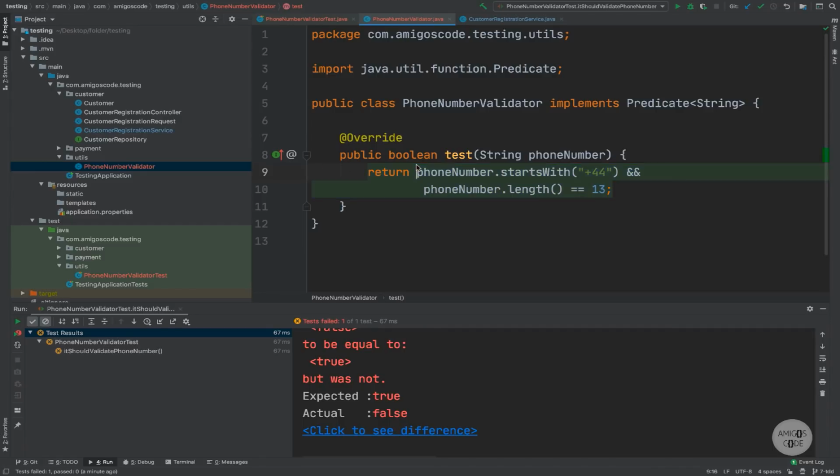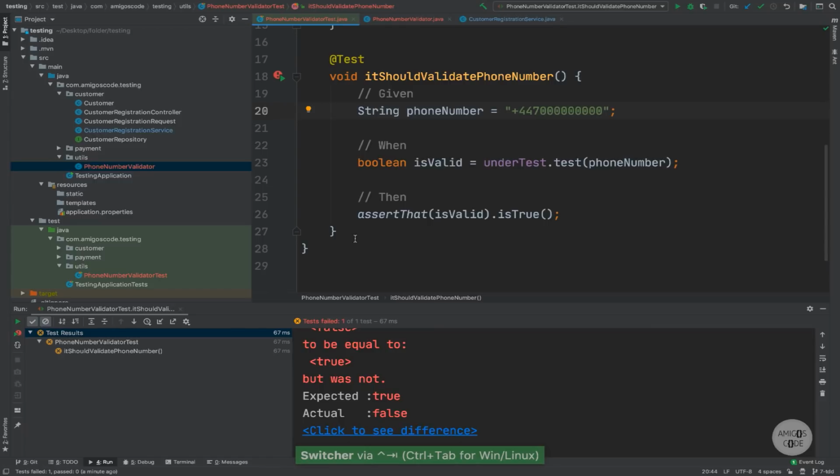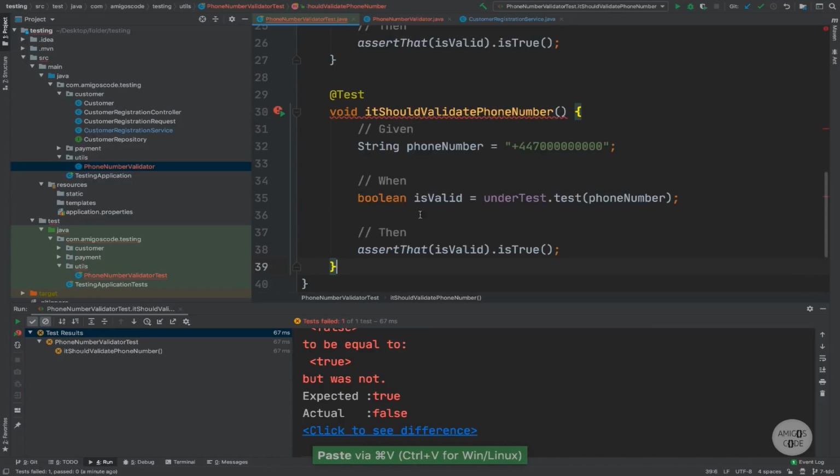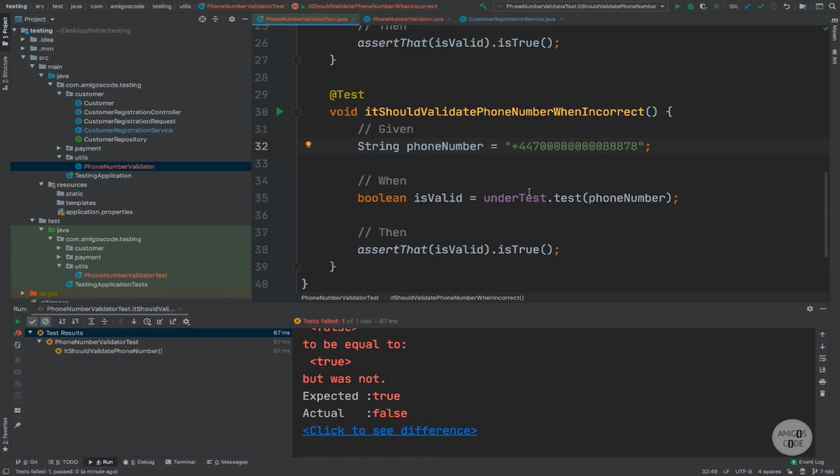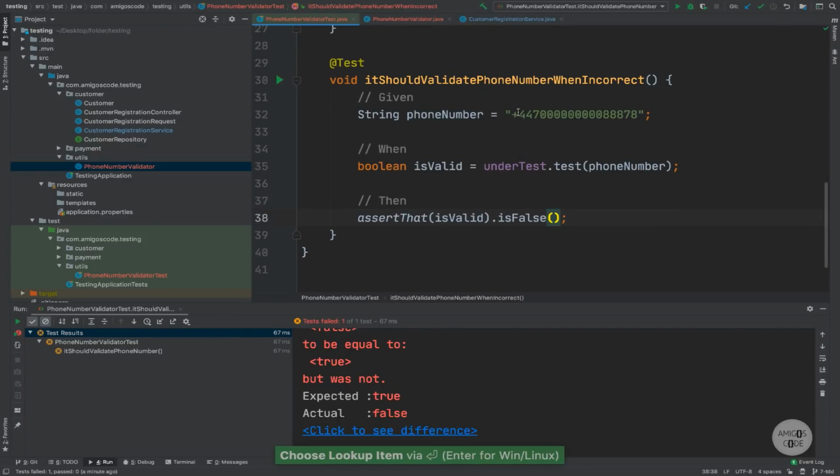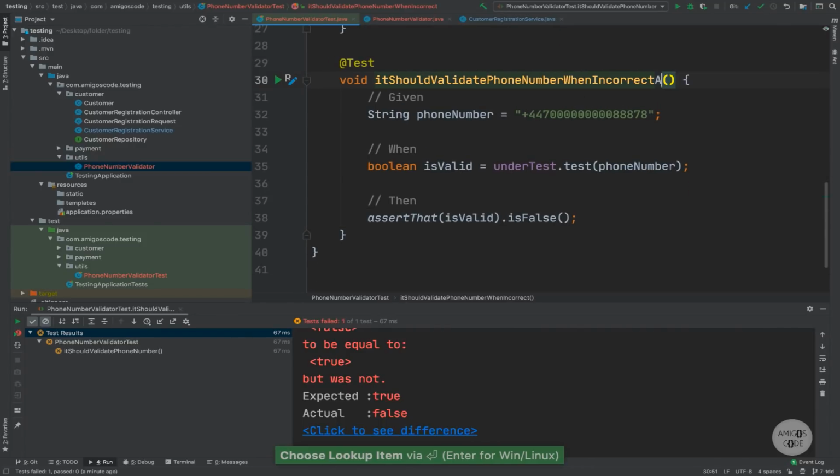So now I could go ahead and grab all of this, and then right here, should validate phone number when incorrect. And here, let's simply add a random number there. And basically this now is false. So we're testing here, or actually is incorrect, and